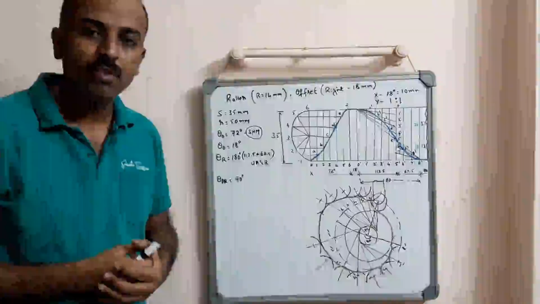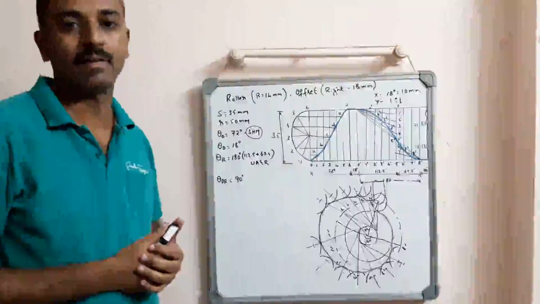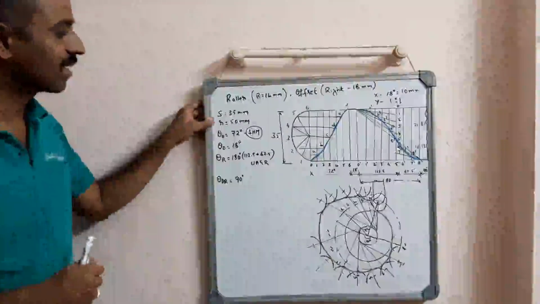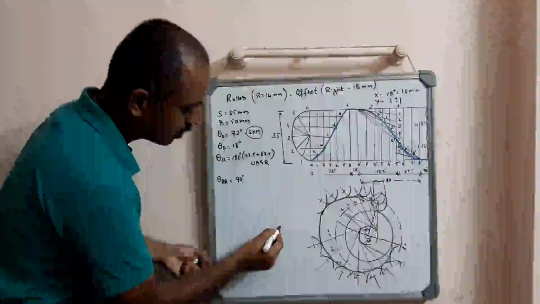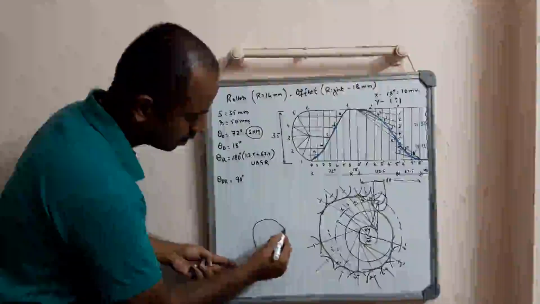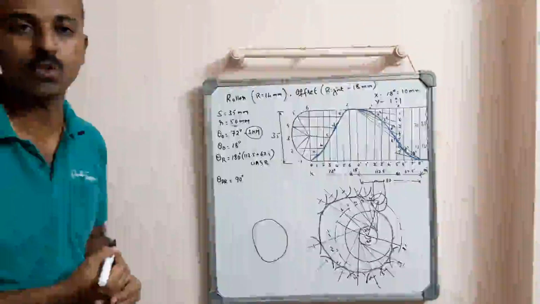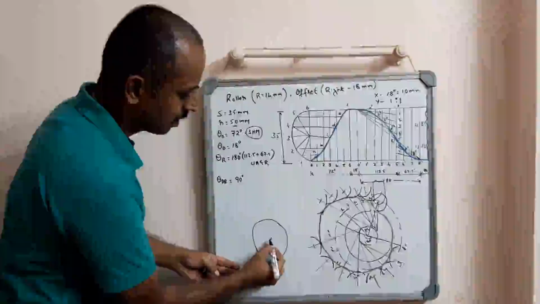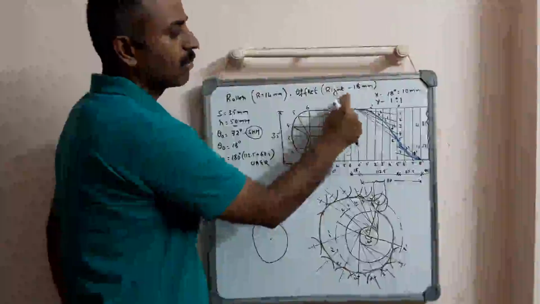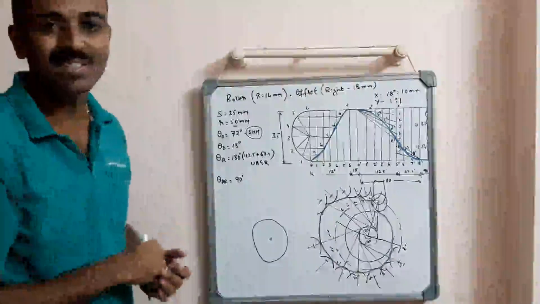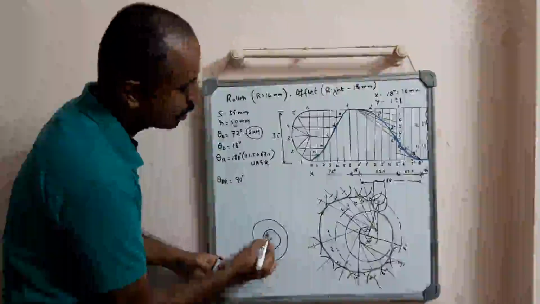After the displacement diagram, we will see how to draw the cam profile using that data. So the base circle radius given is 50 mm. Draw one circle of radius equal to 50 mm, which is called the base circle. And as we know, the follower is offset, and it is offset to the right by 18 mm. Offset distance is 18 mm. Draw an offset circle of radius equal to 18 mm.